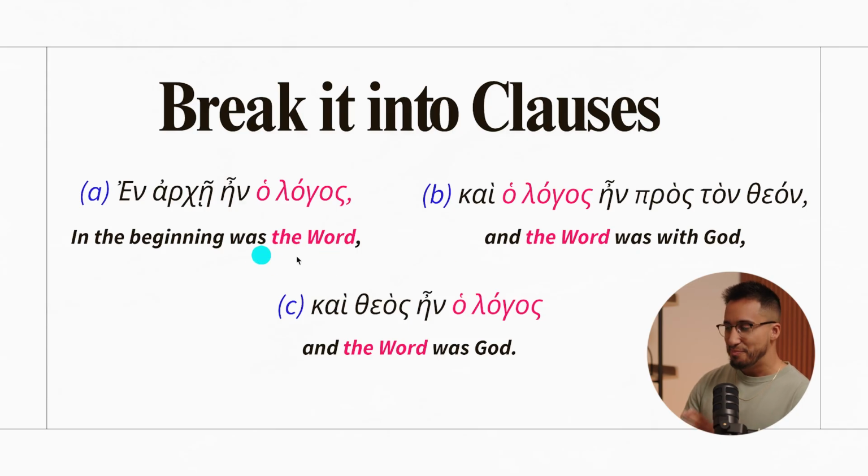Now, A and B are pretty straightforward. But when we get to clause C, this is where it gets a little bit juicy, all right? And this is where the errors can come in with translations from other religions. So we're going to go ahead and dive into each of these clauses and break each one of them down.